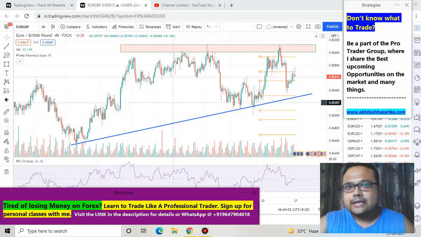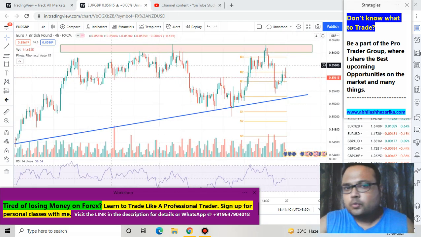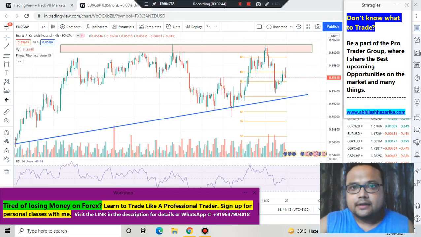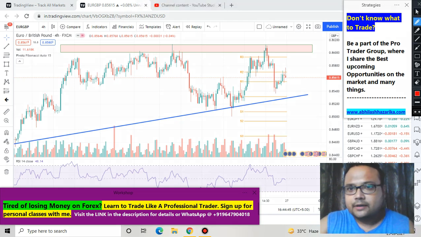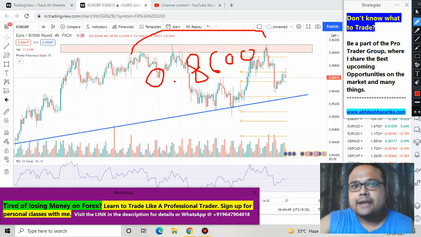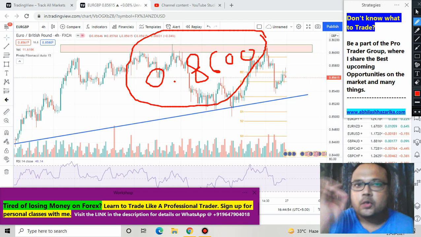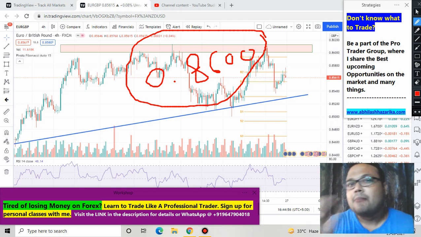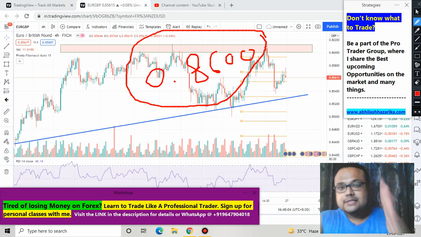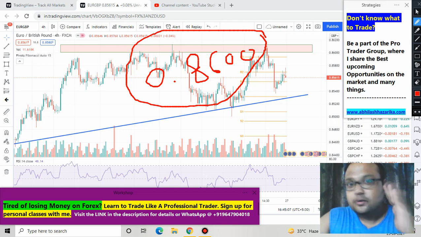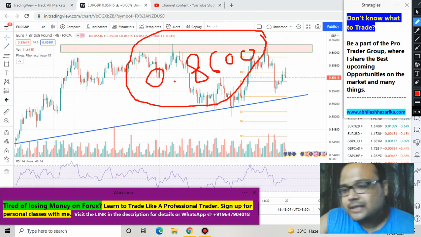You can clearly see that we have a strong resistance at this particular level here, 0.8600. My dear friends, if you have not marked this level on your charting platform, then I request you to draw this level, so that you do not miss the opportunity of shorting the market at this level, because this resistance is the most important resistance for the Euro GBP chart right now. So please mark this level,